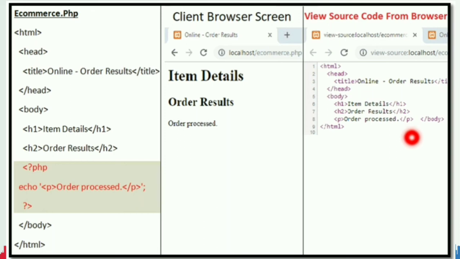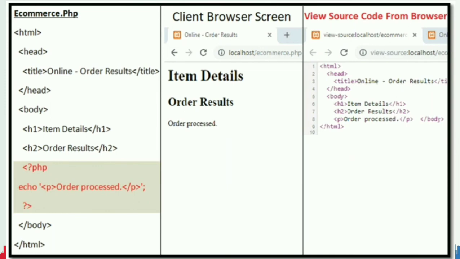Client side scripting language, that is HTML programs, is always visible. All the source codes are visible. But server side, that is PHP coding, is not visible. Programs are not visible to the user. So that is adding more security for the page. That is the advantage of a server side scripting language.